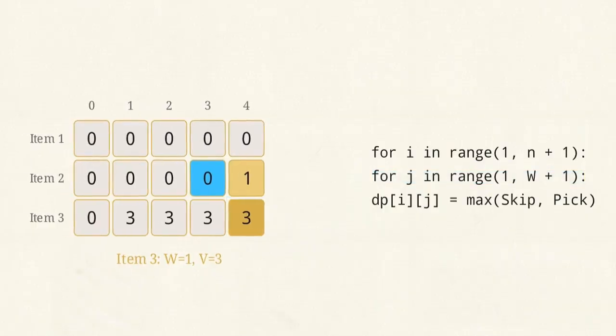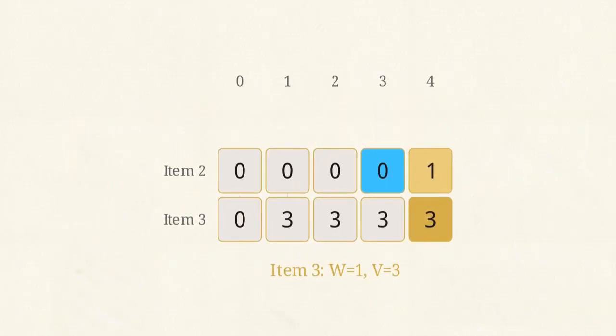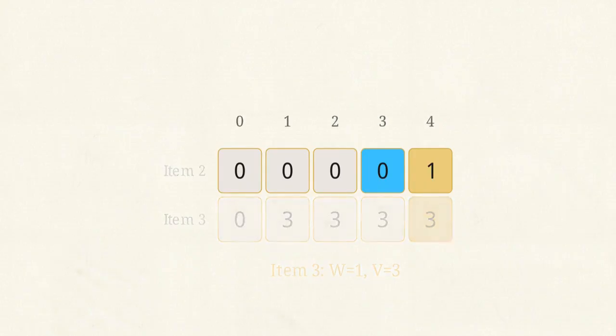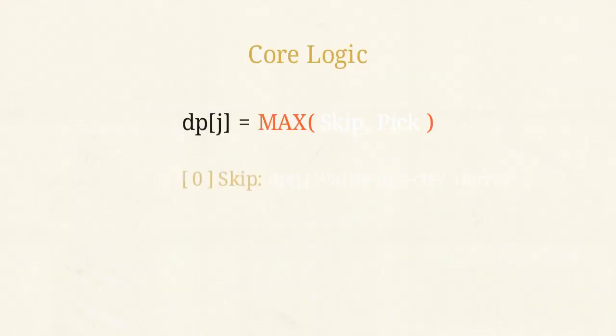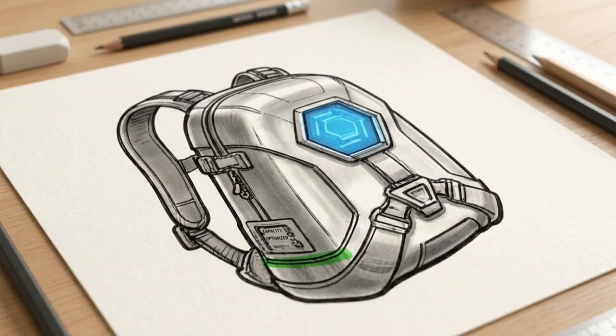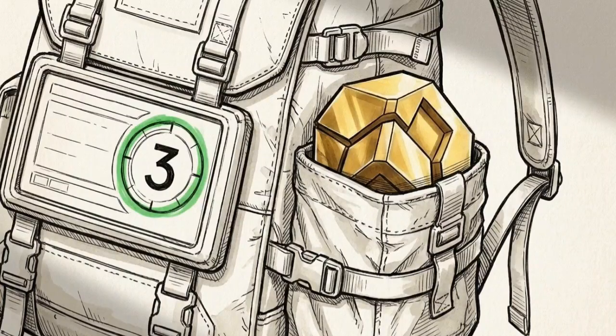We can optimize our memory usage by recognizing a strict pattern. To compute the current row, we only ever need the data from the immediately preceding row. By traversing from right to left, we can discard the 2D grid and overwrite a single one-dimensional array. This graphic shows the core logic. To find your current maximum, you simply compare the value directly above with the current value added to the optimal value at your leftover capacity. The 0-1 knapsack problem is exactly that: systematic, backward-looking checks and basic maximum comparisons. Once you structure the data correctly,